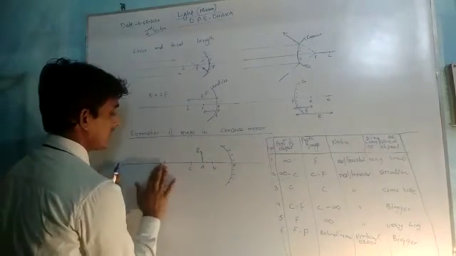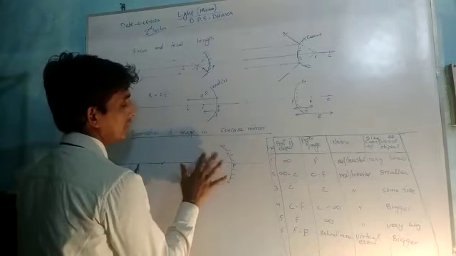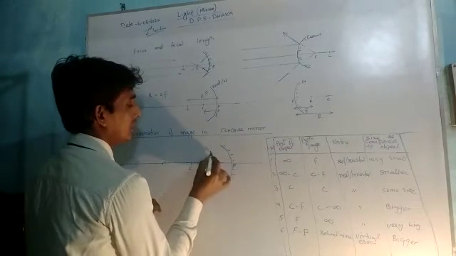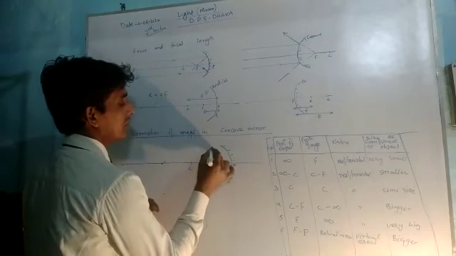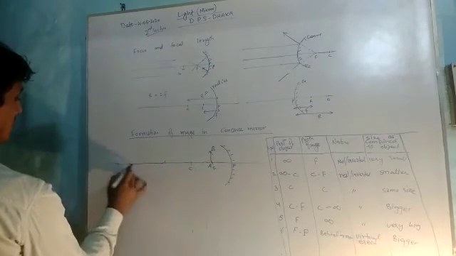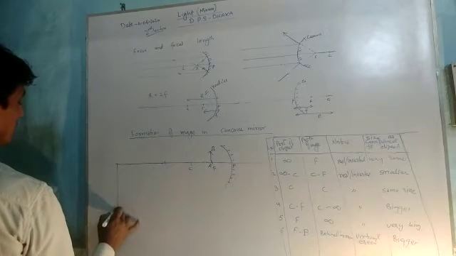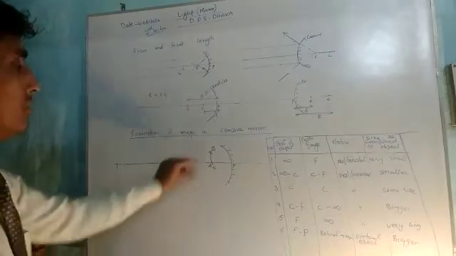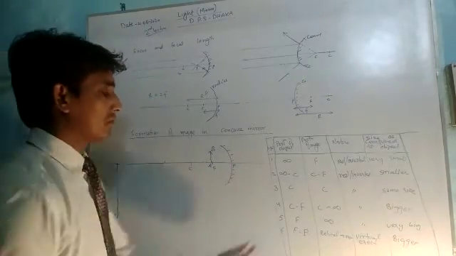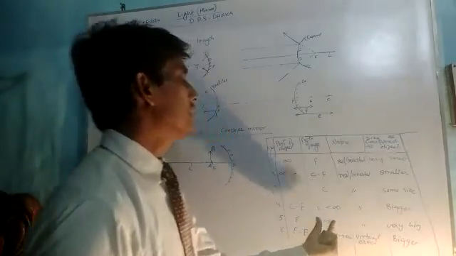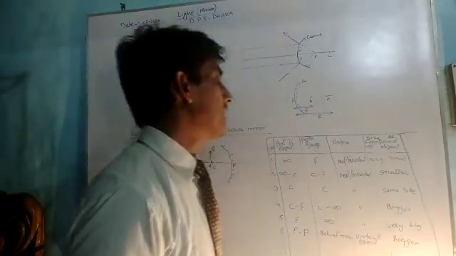Similarly, if you place the object at focus, any object AB, if you are placing it at focus, the image will be formed very far away from the mirror, that is at infinity, and the size of the image will be very big as compared to the object. So if the object is placed at F, the position of the image will be infinity, the image will be real and inverted and very big as compared to the object.